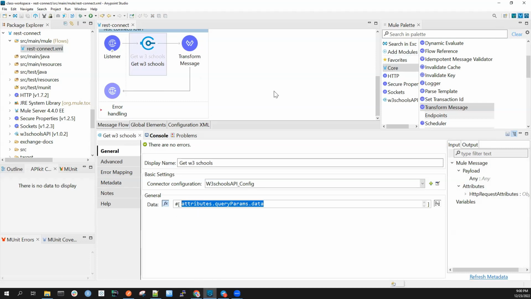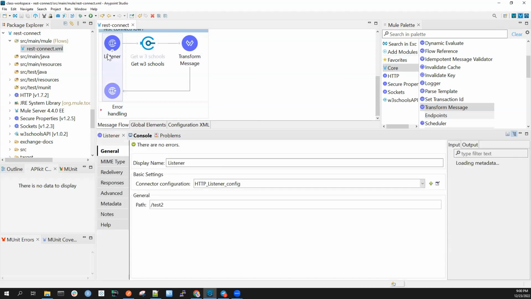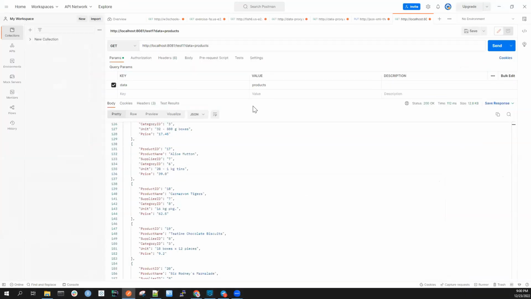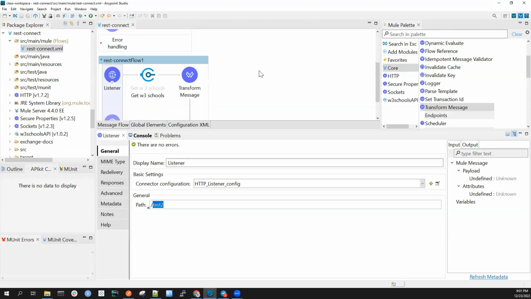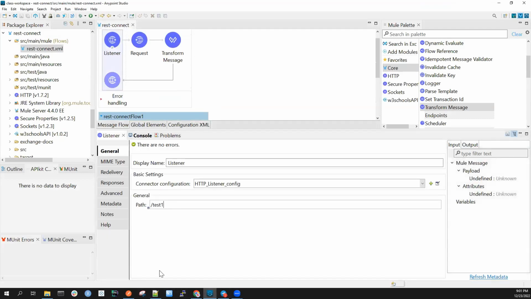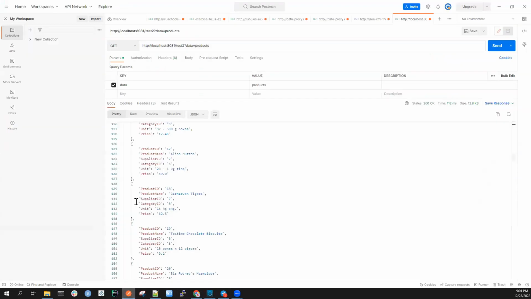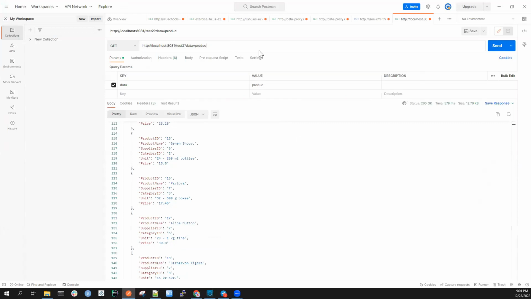Okay. Let me see, this one is deployed. Let's quickly test it. Then I will show you one thing and we'll be done for today. Yeah, just this one, I will change it to test 2. So test 1, it was using this flow, the upper one. Now it will use this lower flow. Test 2. Let me show you the path here. Yeah, you see test 2 is this one, whereas this one is test 1. Perfect. Send request. As you can see, this is dynamic, product is all there is